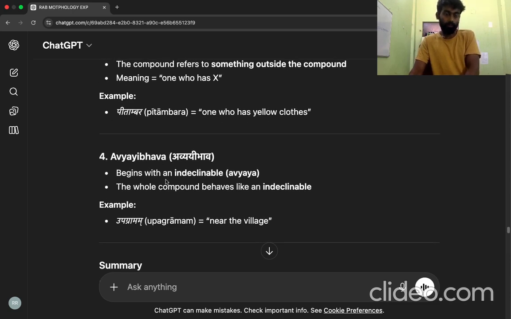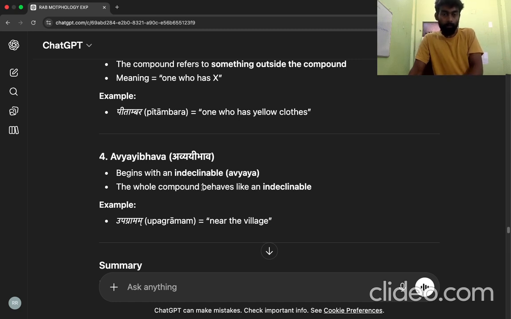4. Avyayibhava. The samasa begins with an indeclinable, or avyaya. Indeclinable is basically something that does not change its form within the language based on the grammatical requirements of the other elements. So मैं जाता हूँ, तुम जाती हो: jana changes based on how it agrees with the subject. But that is not the case with